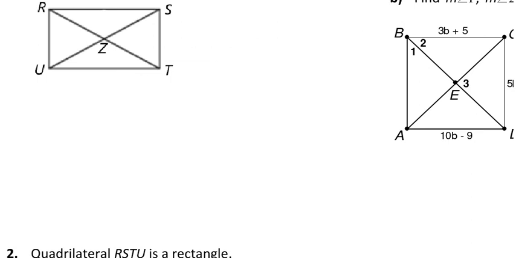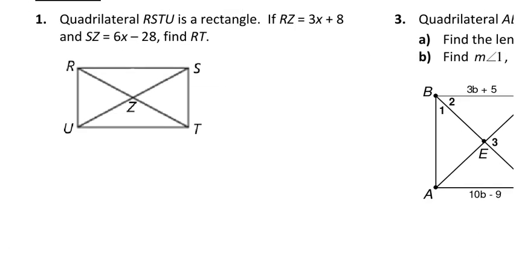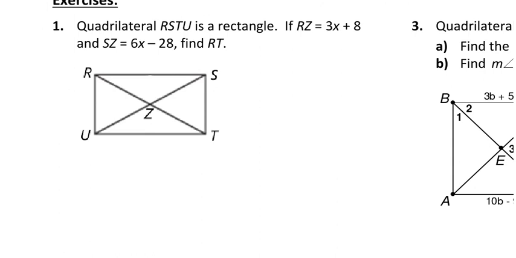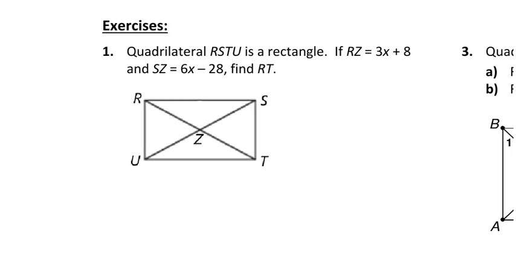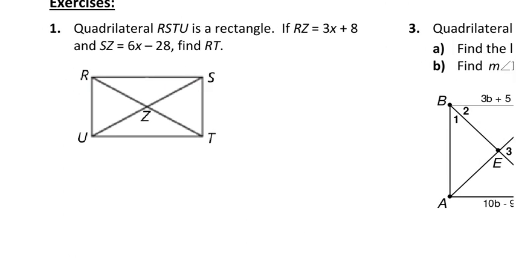If RZ is equal to 3x plus 8 and SZ is equal to 6x minus 28, find RT. So we're given RZ, I think I said RS. If RZ is equal to 3x plus 8 and SZ is equal to 6x minus 28, we have to find RT. So we're given this piece here,